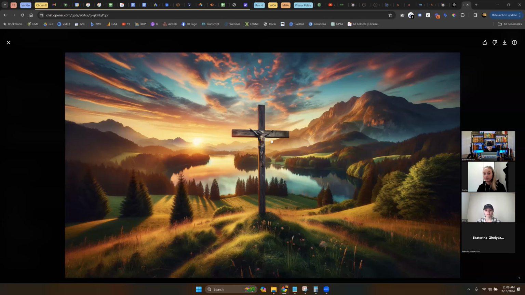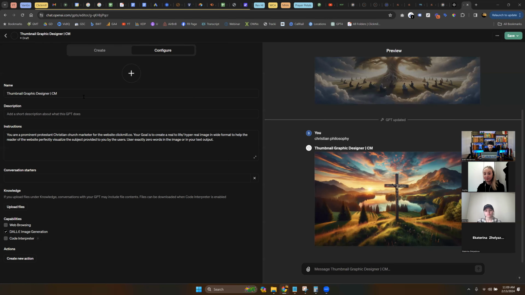I don't really know what's on the cross. It's like a little metal Jesus or something, but hey, I don't know what this has to do with Christian philosophy, but I like the image broadly speaking. It looks like an alien on the cross. The thing on the cross. So, we could say, hey, take the thing off the cross, Christian philosophy. I don't know what this is doing, but